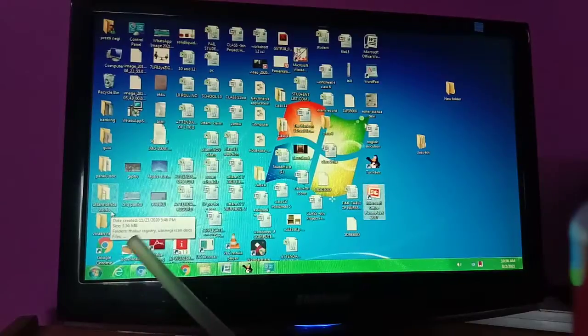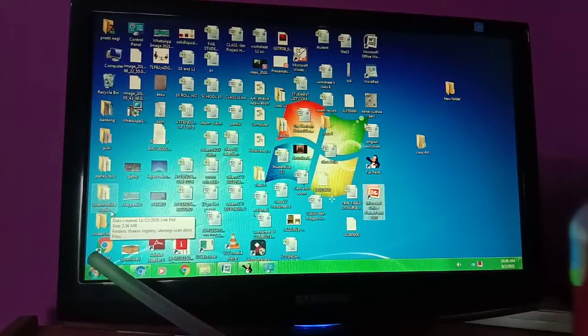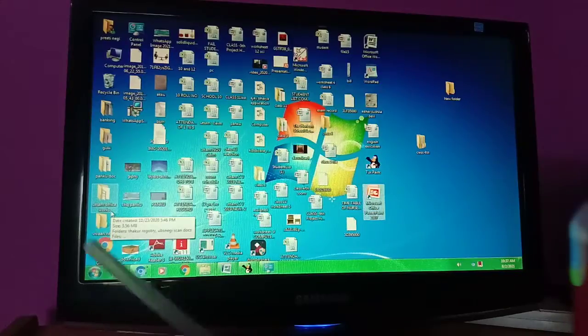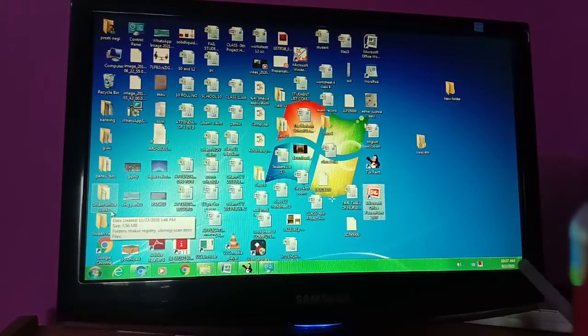At the left corner of the Windows taskbar, there is the Start menu. This is your Start menu, and it explores your whole computer to you. All programs, all your drives, you can explore from here. And at the rightmost corner, there is a clock, which shows you the time and the date.